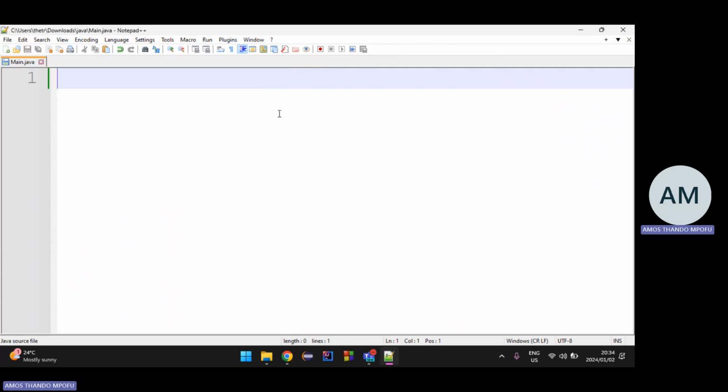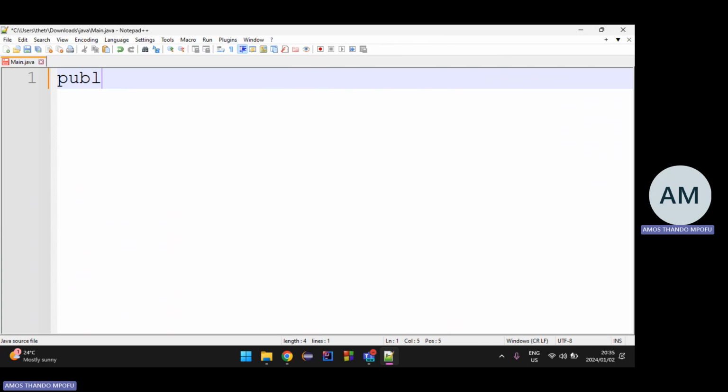So how do we go about creating a hello world program in Java? Remember that in other languages, you just say int main, right? Well, with Java, it's object oriented. Everything that you do, you have to place inside of a class. Before we discuss classes, we'll get to classes. Let me not rush it. Let me not try to do everything in one video. I'm gonna break down what a class is, what is object-oriented programming, then we can continue from there.